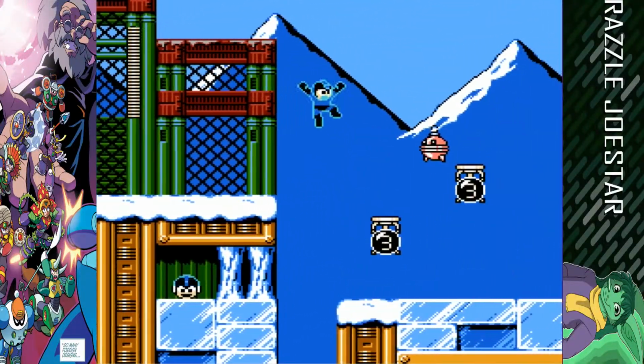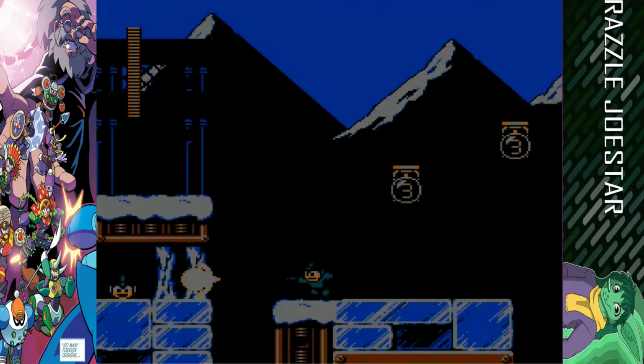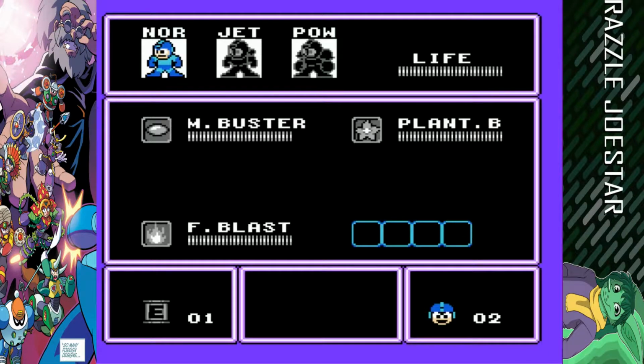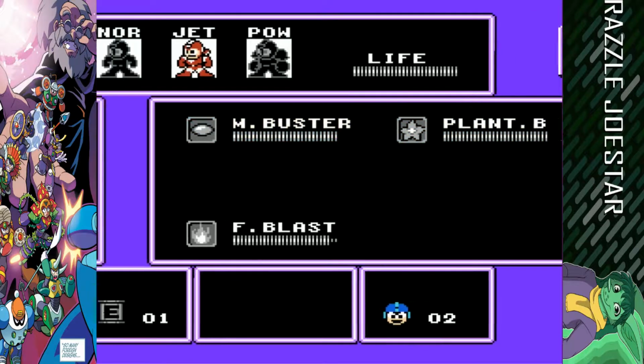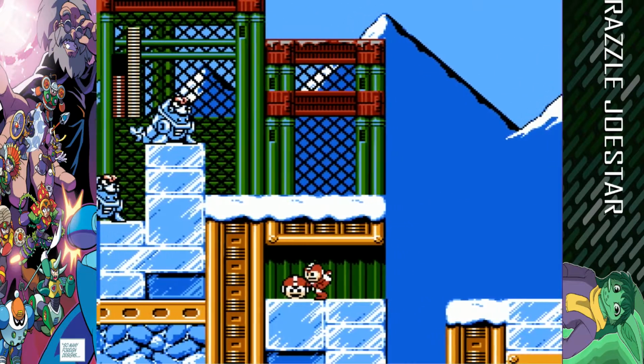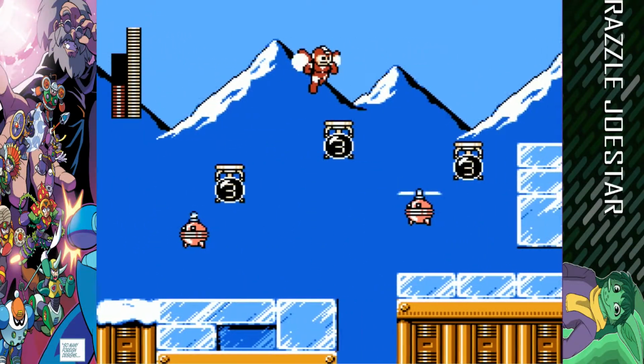Oh, look at that, we've got a 1-up. Now, that 1-up is normally a little difficult to get, but remember that we've got our Power Adapter, or not Power Adapter, we've got the Jet Adapter, so let's go ahead and get that going. You can make that jump without the Jet Adapter, but I like to minimize risks when it comes to tricky jumps like that, so...